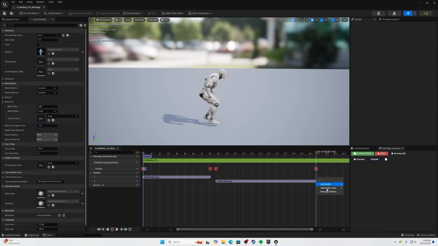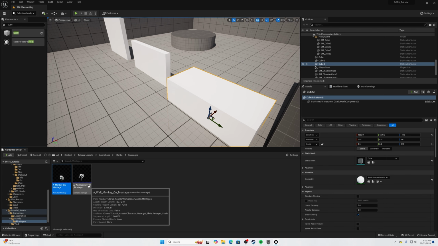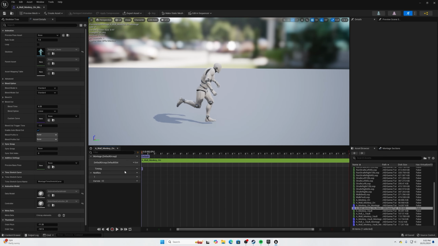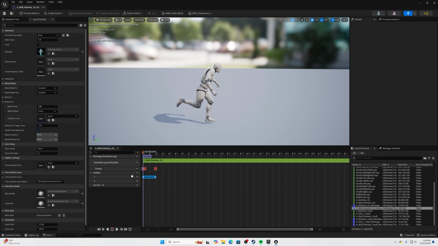Alright, so now from here we're just going to add the notify, so add notify, and reset parkour action at the end, so that we can save that. So we're going to open up the next one here, the wall monkey on montage, and we're going to do pretty much the same thing. We're just going to go track, add notify track, right click, add notify state, motion warping, pull it to the